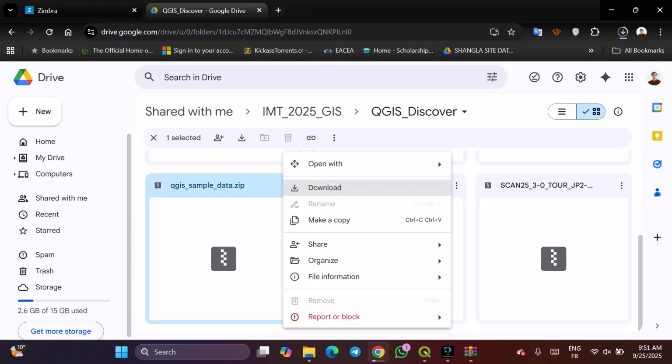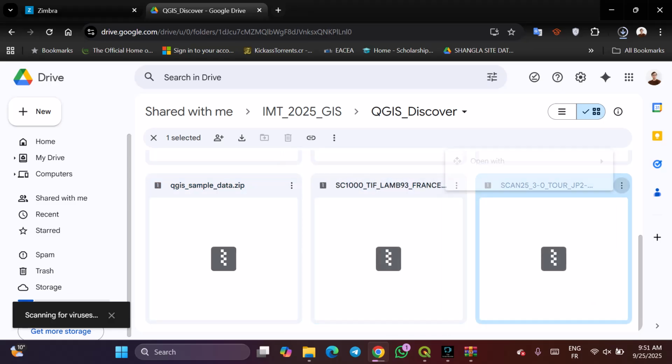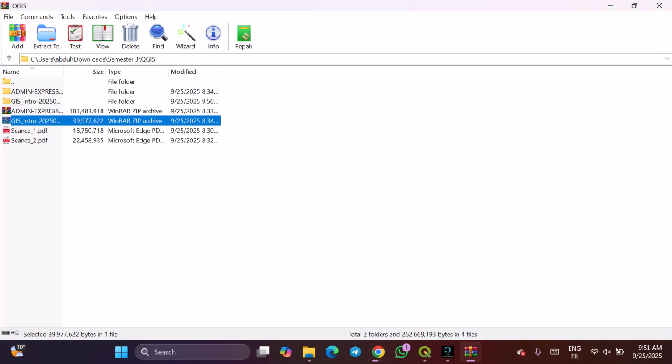TFW. The rest, we don't care. It's an optional file that we don't need. Okay, so we will go back to QGIS and we will click here on the Open Data Source Manager